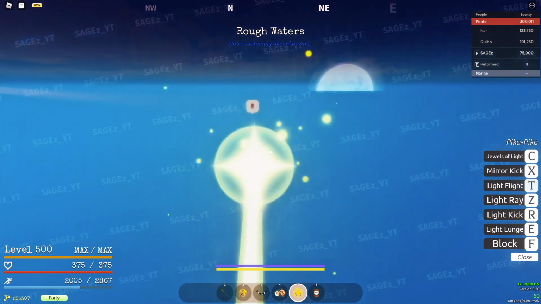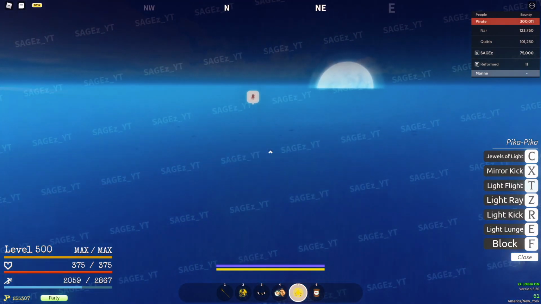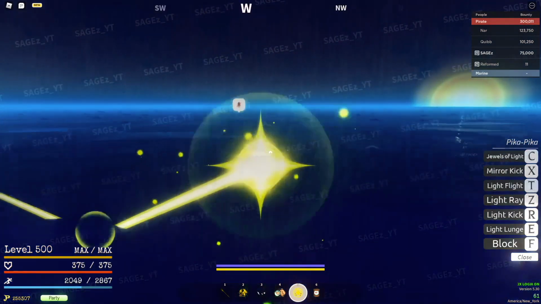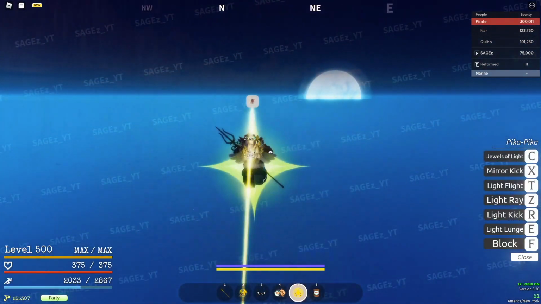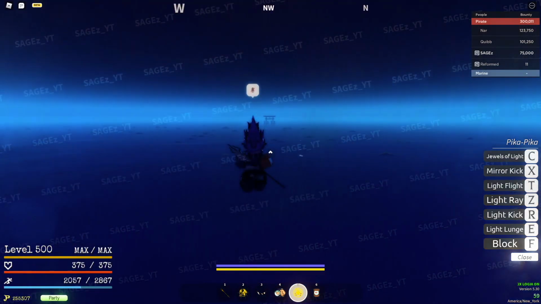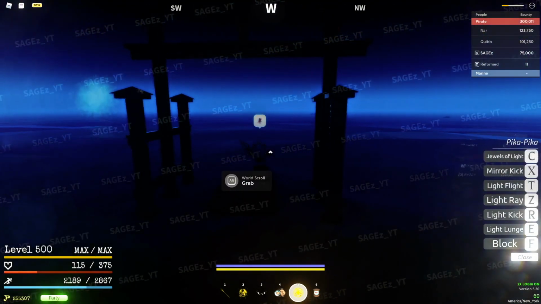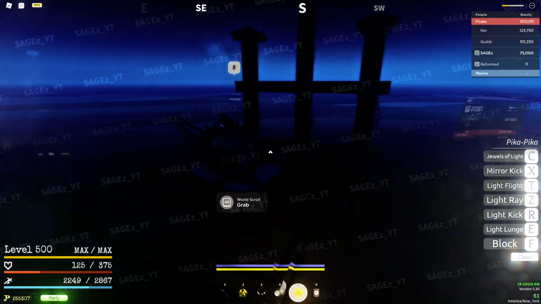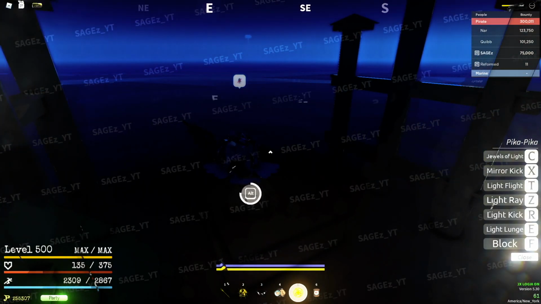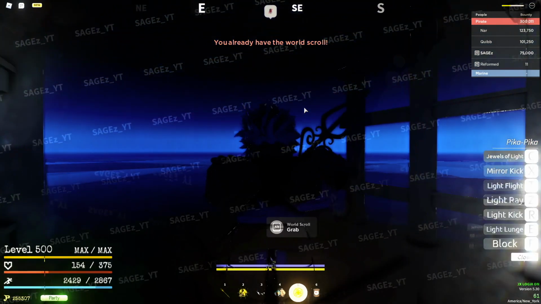All right, as you can see, we're in the rough waters, so it should be near now. See, there it is, the shrine. Now this is the shrine that you're going to want to come to. It's a little hard to see, but you want to pick up the world scroll. As you can see, it says I already have it, but yeah, you want to pick that up